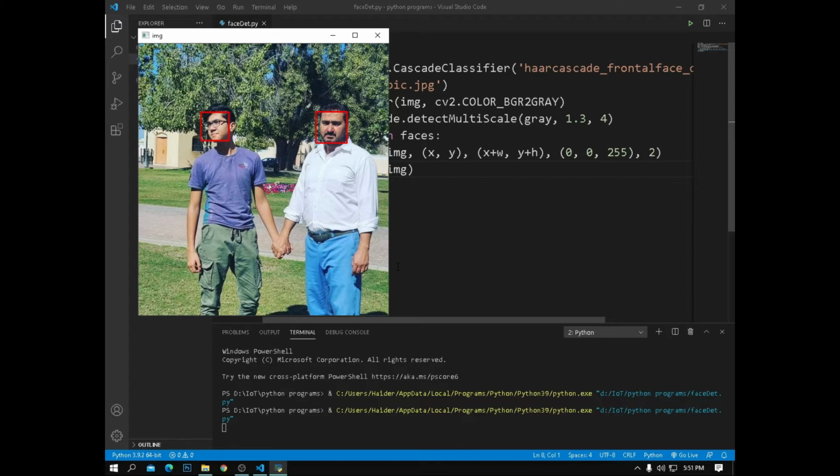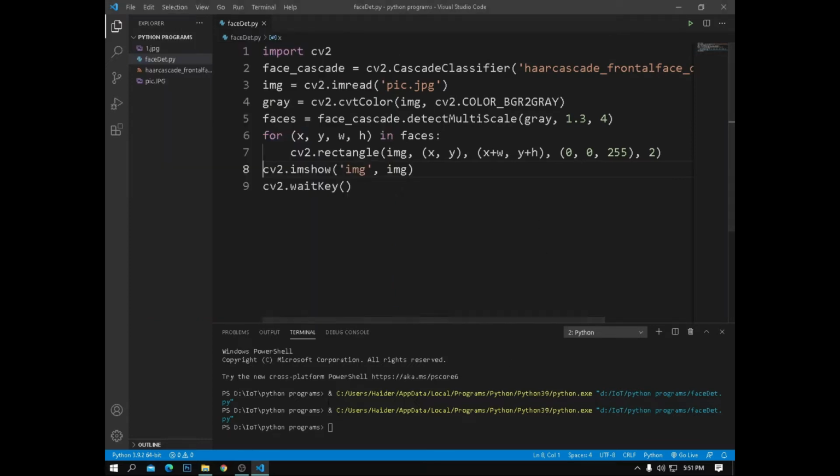You can install it by using a pip command. I'm using VS Code here. Now I will show you how you can install it. This is my VS Code editor. You can use any editor. You just need to write pip install opencv-python.